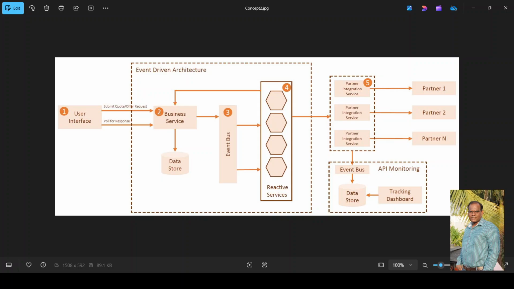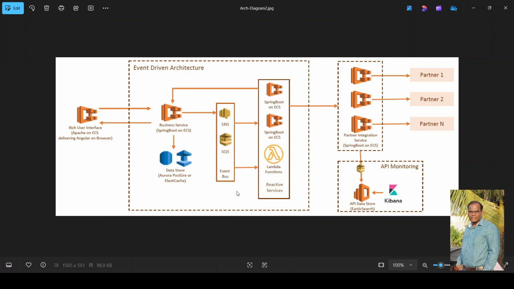Now the same has been built using Amazon Cloud Services. Let's discuss that. Now let's realize that solution in AWS. This model architecture is actually built using AWS Cloud Services, like the way you're looking at it right now. There is user interface. It's built with Angular and it's hosted on Apache servers inside Amazon ECS container service. And the elastic load balancer there inside that ECS,